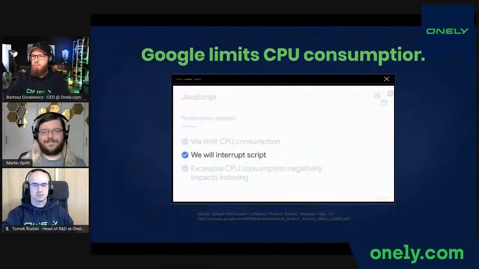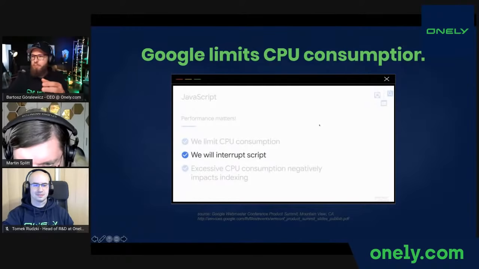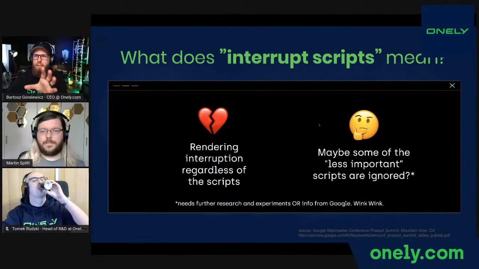But moving forward, if you, Ziemek, could show the screen for 1 second, I just wanted to ask one question about interrupting scripts, which is something, I think this is your slide, by the way. No, it's not my slide. Okay, but if you could elaborate, because I had some wild theories, and some of those are directly from Google patents and your statements.